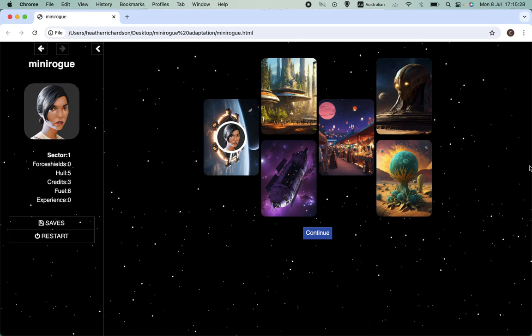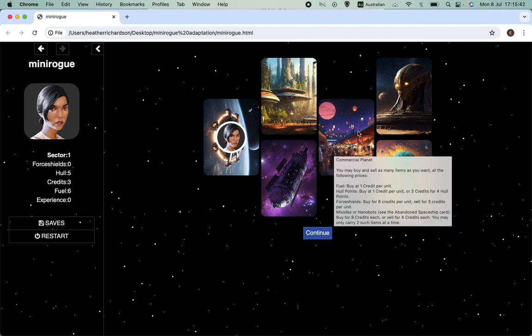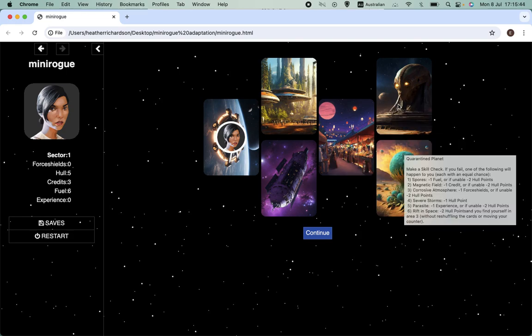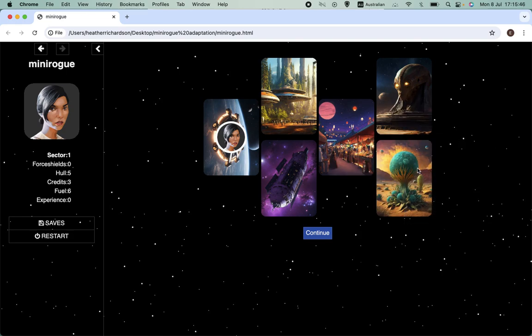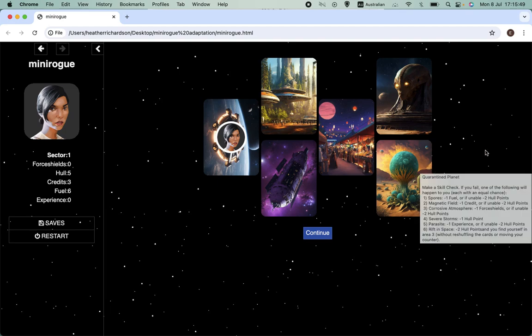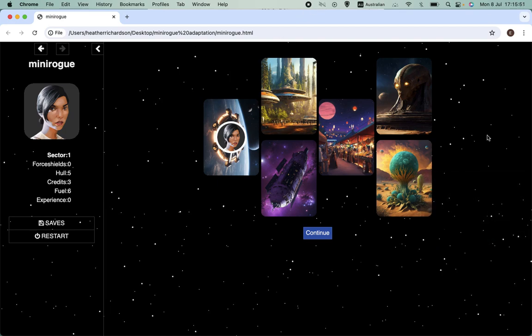So we need to have a system that knows that once you've dealt with this card, you're going to have a choice between these two cards, and then once you've dealt with whichever of those cards you choose, you have to go to this card, and then again, then you'll have another choice of two cards, and then that'll be the end of this layout of the cards, and you'll start again, but this time you'll have the hostile aliens card, because the hostile aliens card appears at set